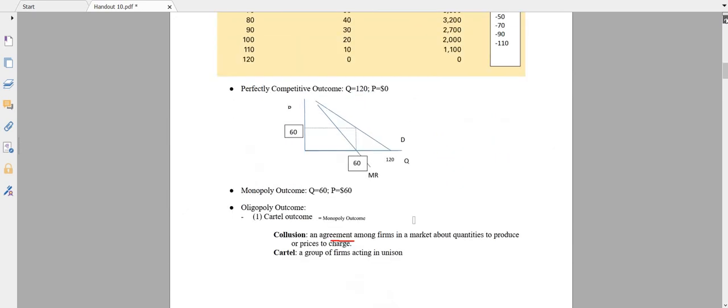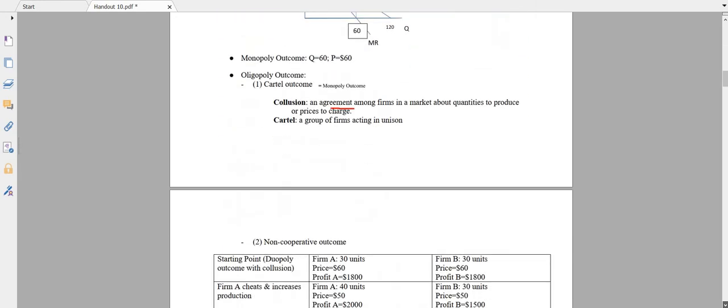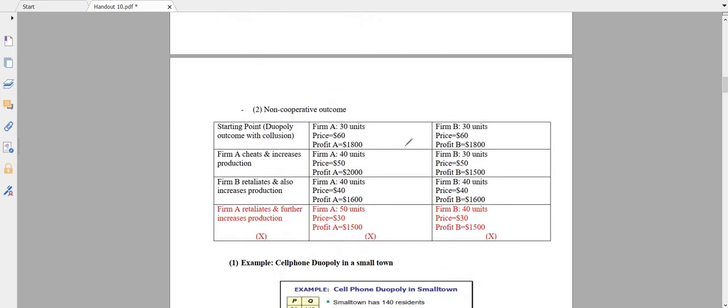Let's just go back to the table where you can verify that the firm cannot do better than this. 60, this is the cartel outcome. So if A and B collude together, this is the best outcome for them. It's the best strategy for them to both produce 30 units and enjoy a profit of $1,800 each. Okay, so that is my starting point, and that is what I've stated in this table, which you can see